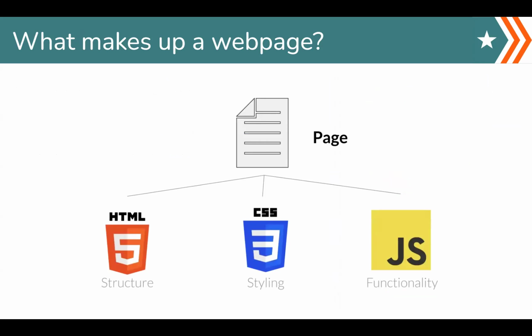Now, what makes up a web page? I kind of touched on this a little bit when we started talking about HTML. But a web page consists of three different parts, which is your HTML file, which is the foundation and the structure of your application, right? This is the skeleton. This is what holds the actual structure of it, and you saw it whenever I used inspect. Every website we go to has some kind of tree that shows you from top to bottom how this application is structured. Then we have the CSS, which is the styling that controls the appearance of your application.